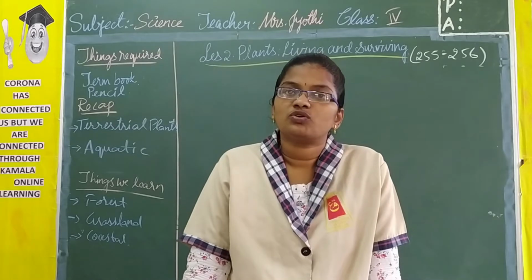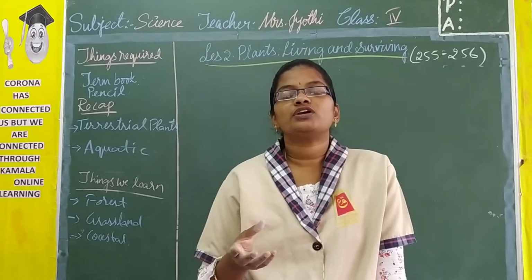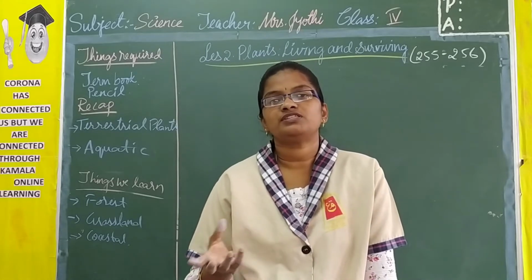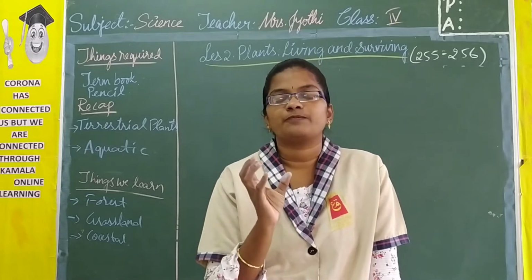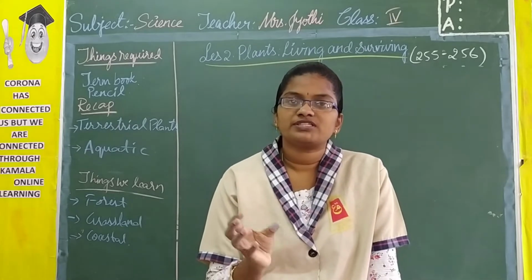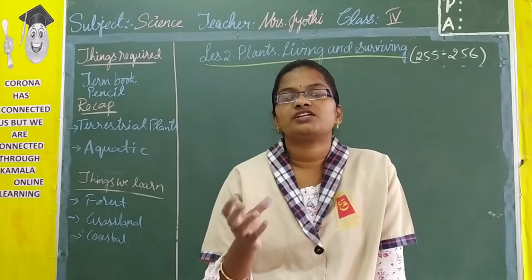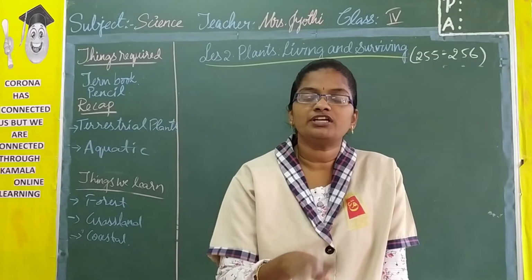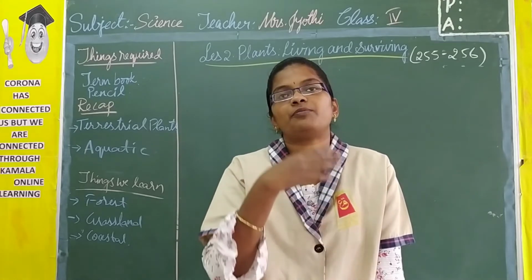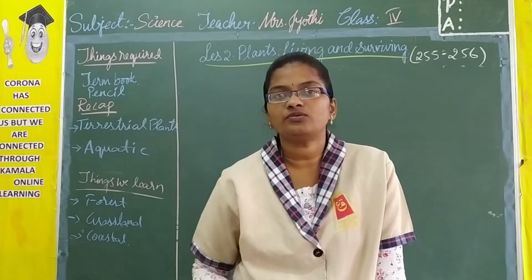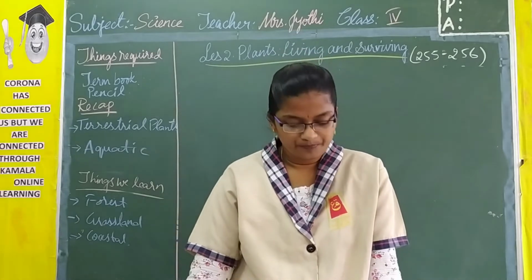Then the plants which grow in marshes. They grow in a clayey type of soil. That means the soil is completely mixed with water and it is very sticky. In such conditions, it is very difficult for a plant to breathe the air. Generally a plant's roots grow deep inside the soil. But here the roots of this plant come above the ground and breathe the air. The best example is mangroves.